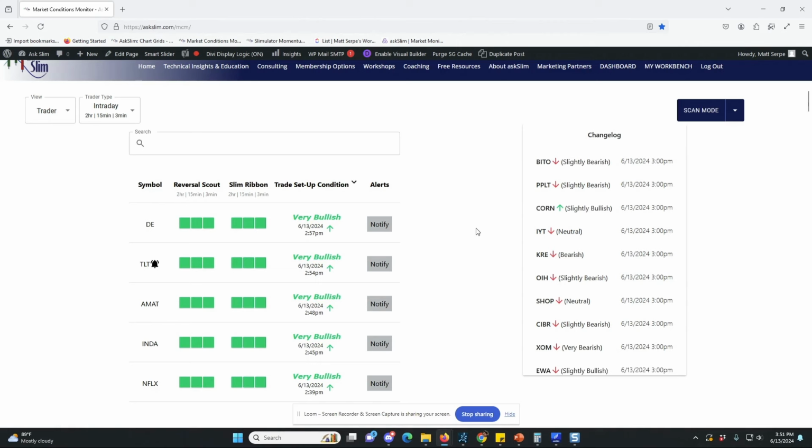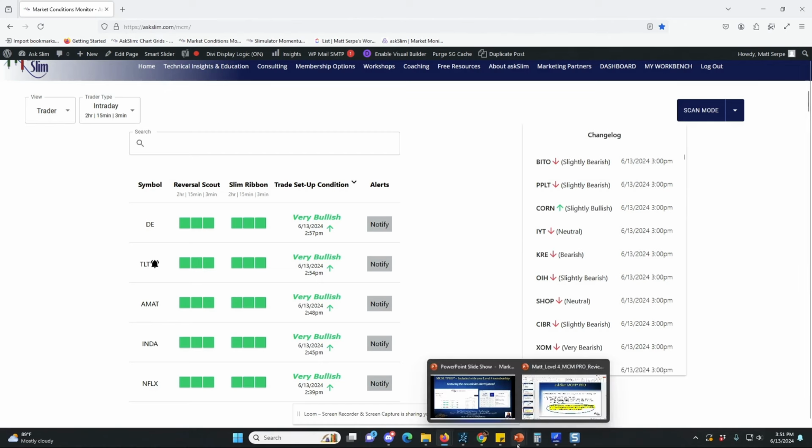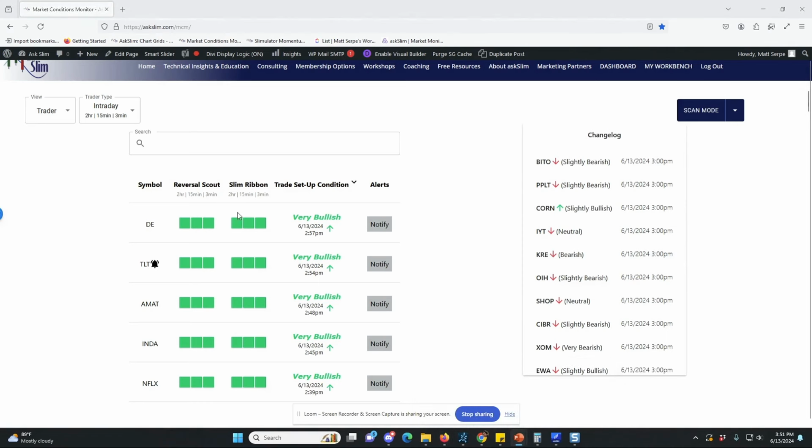And that's, I would say, one of the main features of the MCM. And with the MCM, there are two key objectives that we're after. Number one, you want to reduce the odds of trading against primary momentum for the trading style of your choice. So again, whether you are an intraday, near-term, short-term, or intermediate trader, if you don't have a great